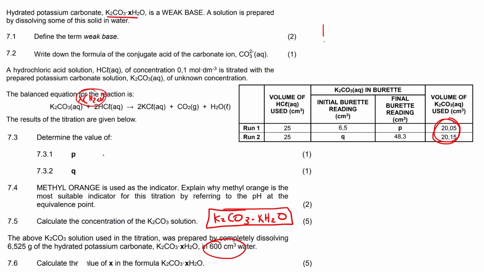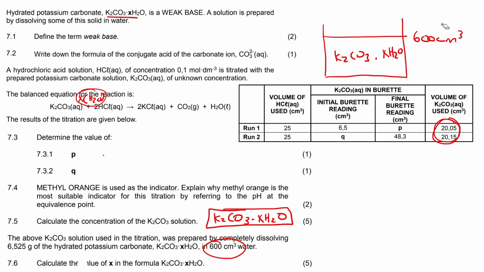And what they did is they made a big batch, 600 centimeters cubed of this K2CO3·xH2O. Then for the actual experiment itself, when they poured it into the burette, they only used that amount over there, okay? And what we've just done in all of these previous questions is we used the average of